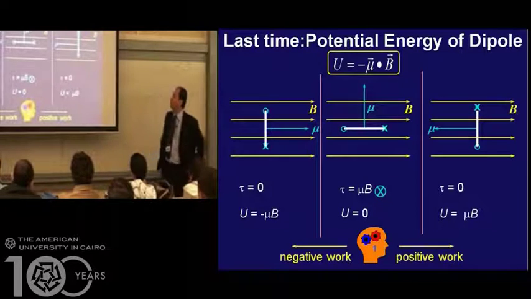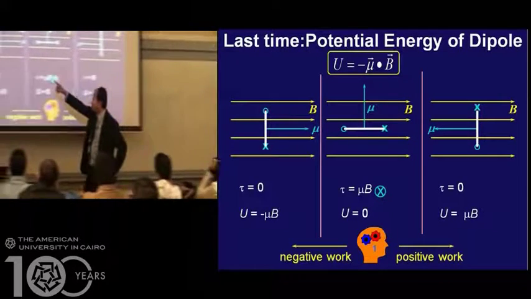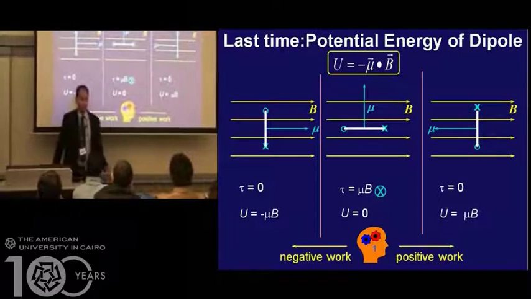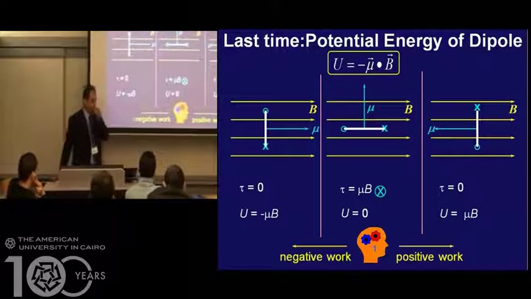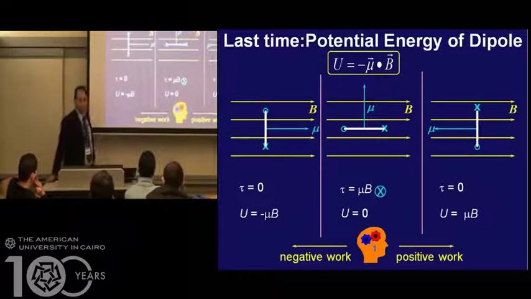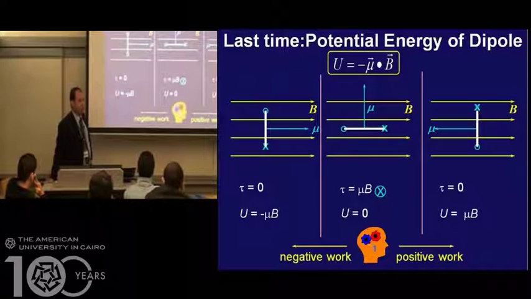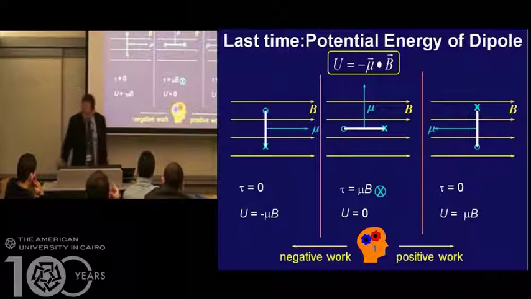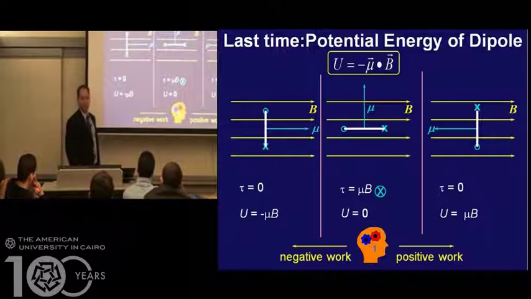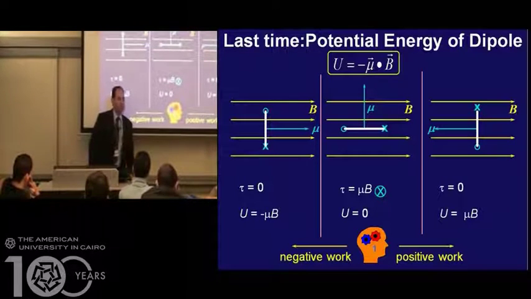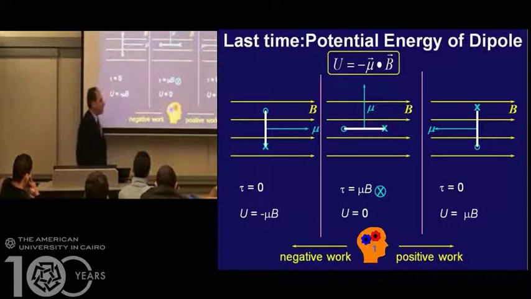Minus mu dot B in that case, number 1. What is the angle between mu and B? 0. So dot product. What's dot product? The magnitude of mu times the magnitude of the magnetic field times cosine of the angle between them. And the cosine of 0 is